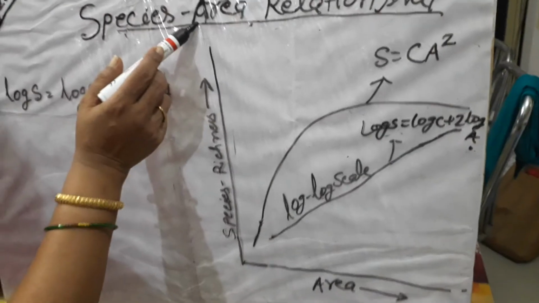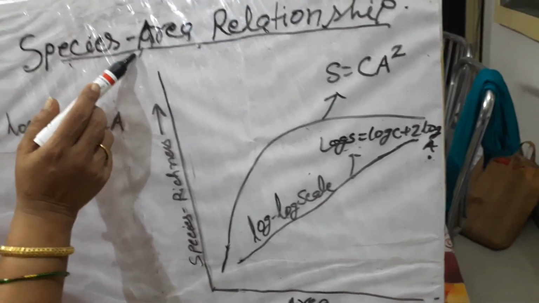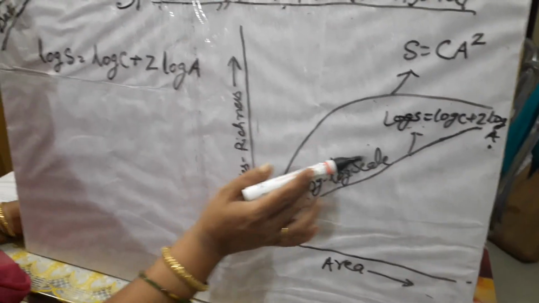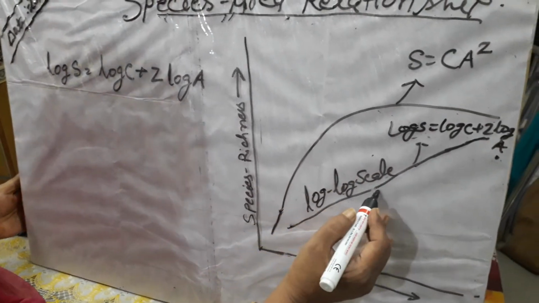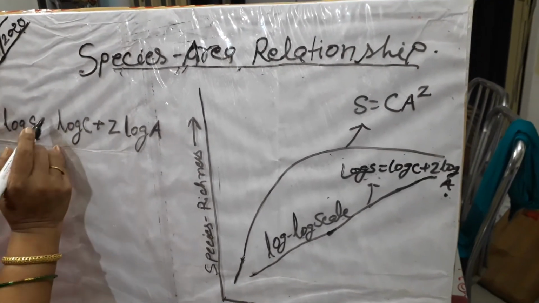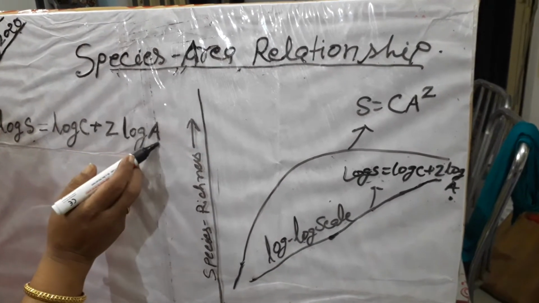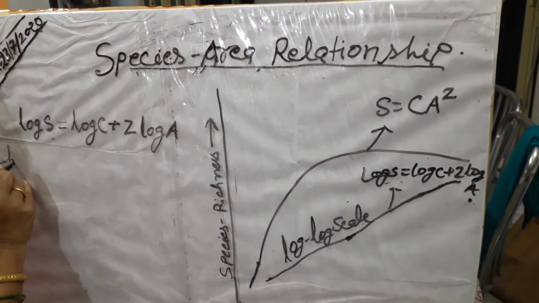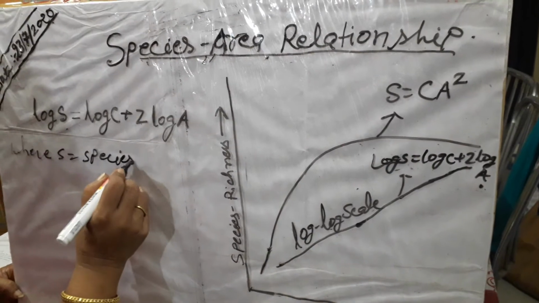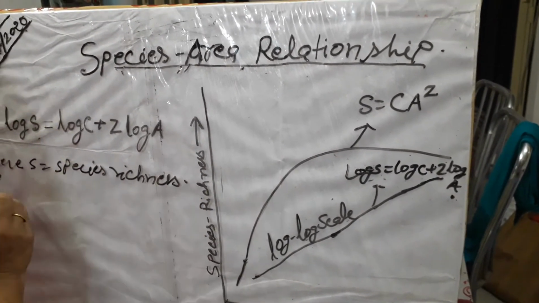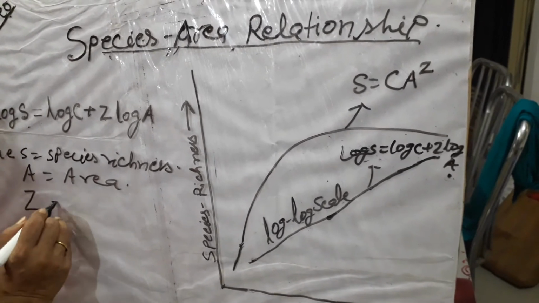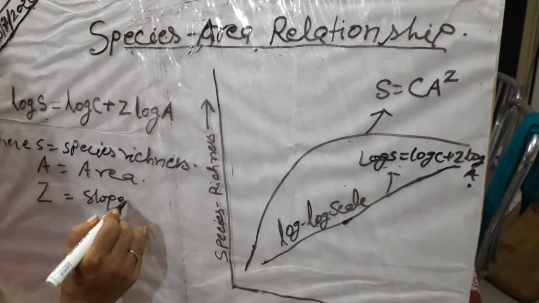a rectangular hyperbola. On a logarithmic scale, the relationship is a straight line described by the following equation: log S = log C + Z log A, where S is species richness, A is area, Z is the slope of the line,